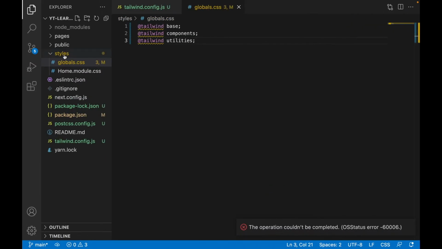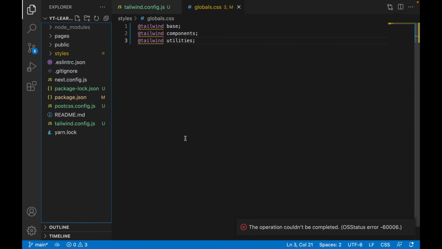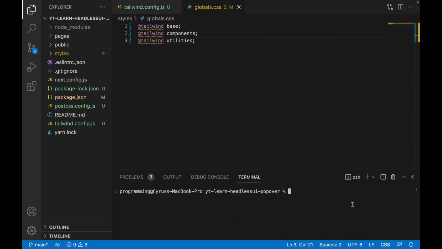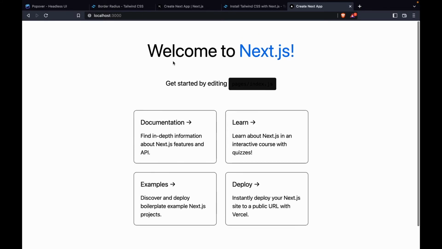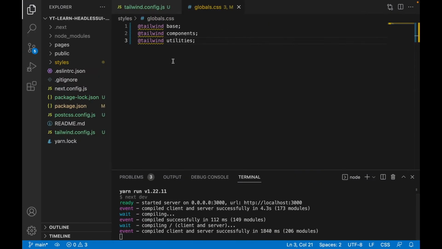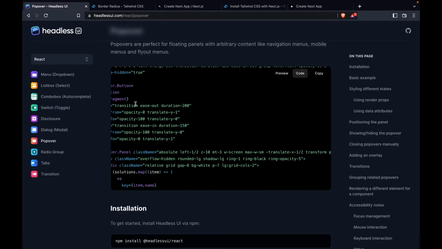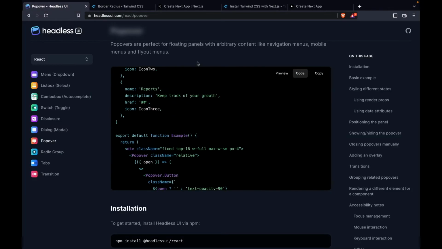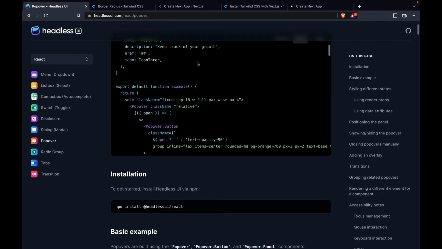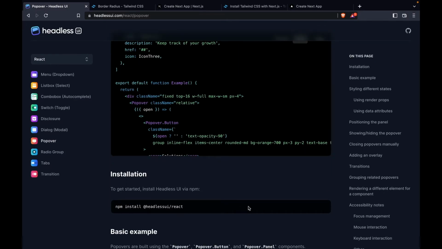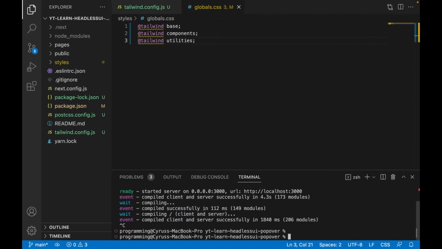And now we can go to the terminal, and then we type yarn dev, and now we can see the welcome to Next.js, and actually we also have to install the Headless UI. So we can see this is the installation command. So we copy and go back to the terminal,